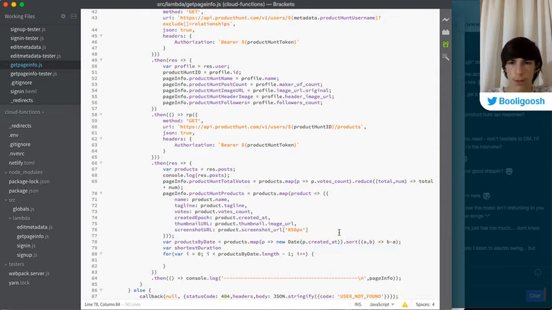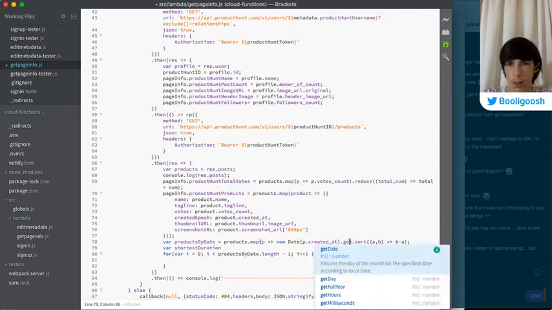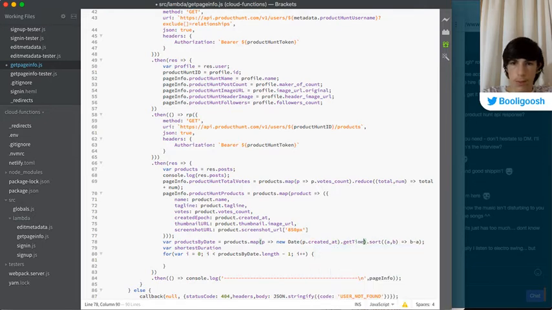Okay, so what that'll do is, this way we can map it to an array of all the times, like the dates that it was submitted, and then we can sort that by the dates.